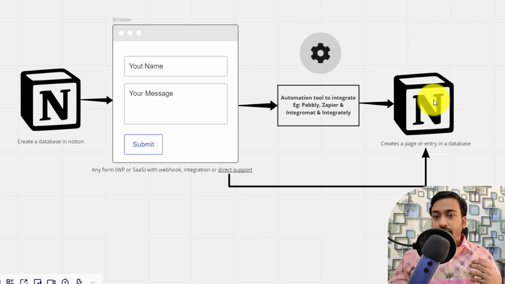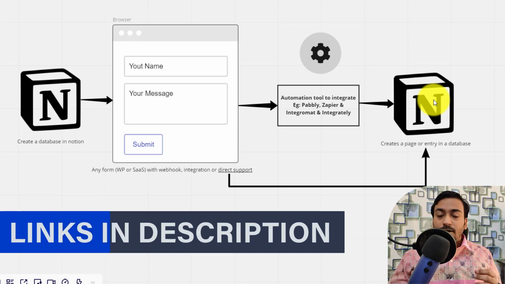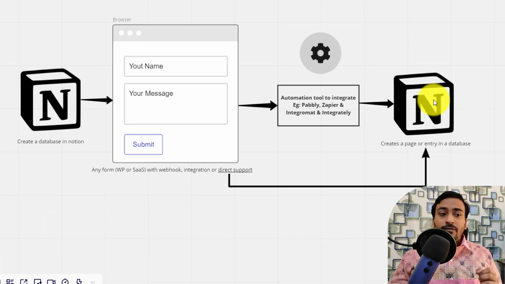My personal favorite is Pabbly Connect for reasons such as one-time price, stability, and cheaper compared to Zapier, and also it does not count credits towards internal tasks. So in this example also I'm going to use Pabbly, but you can use anything you want which has Notion support. And finally, we need to set up the process to create a page inside our database.